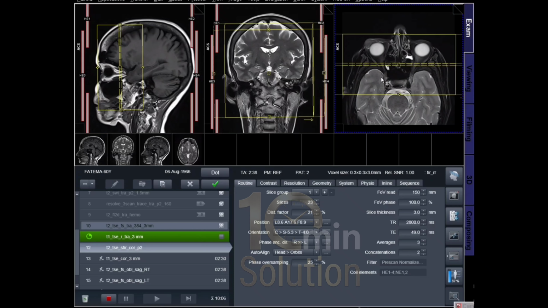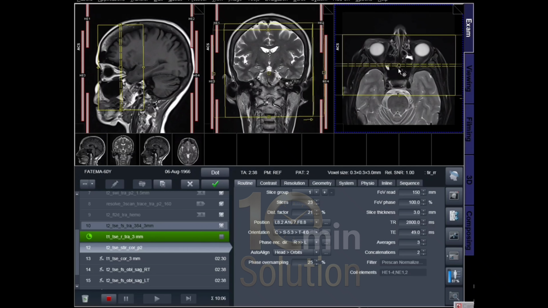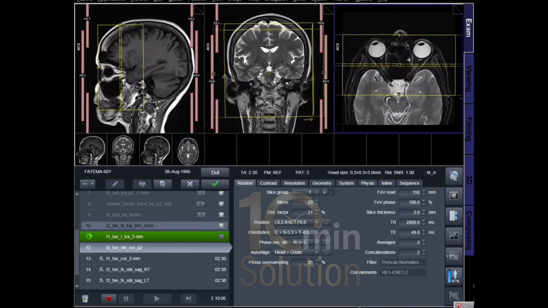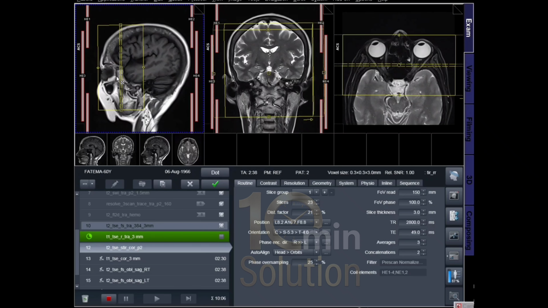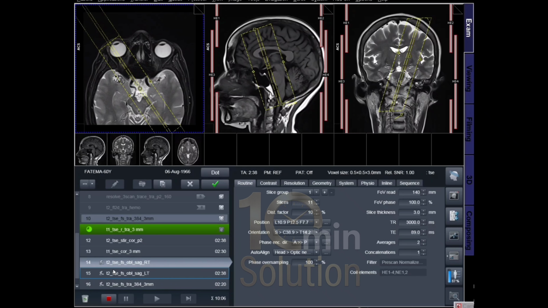So coronal planning. The coronal plan will be on the sagittal and transverse images. Look here, this one is the transverse image. Now I check this image. Look, and this one is the sagittal image. Now I check this image, and this one is the coronal image. Okay, now then apply. Now the next